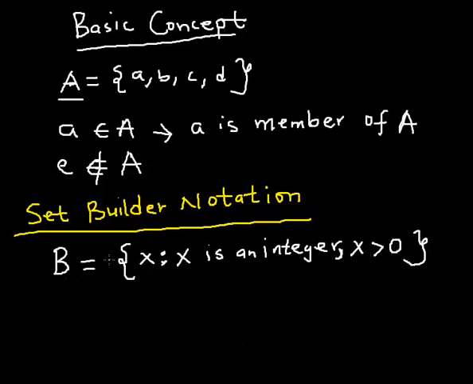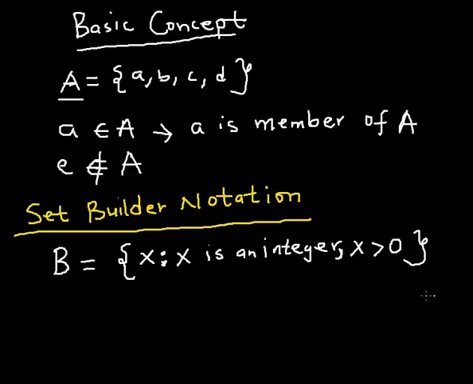So this is a set builder notation. We use this definition to build our set. The set builder doesn't actually list out the elements, but gives you a definition which you can use to list out your elements. So now let's go through this again. B is a set of X such that X is an integer and X is